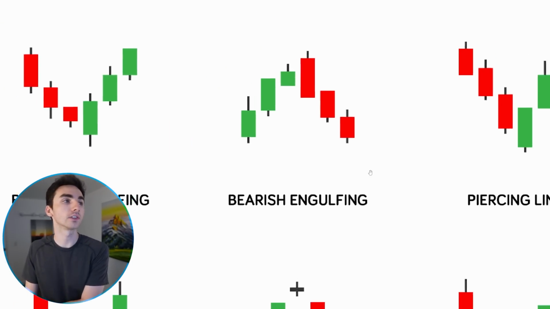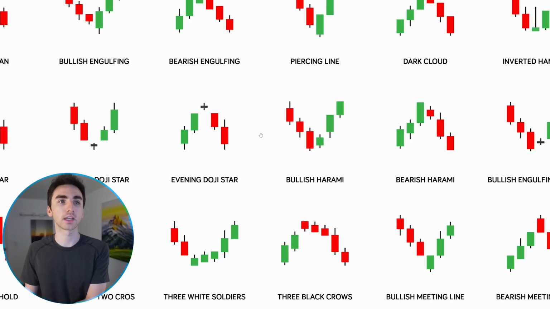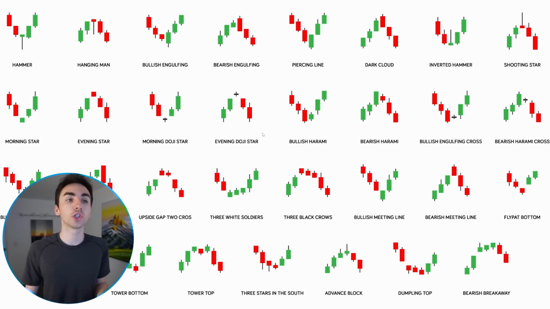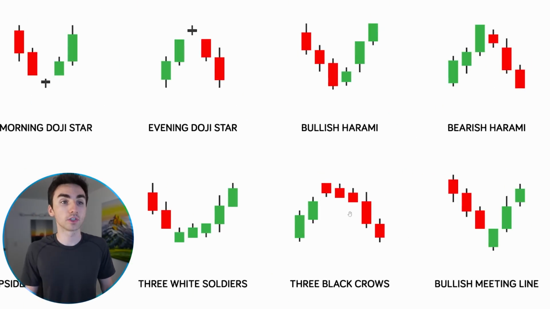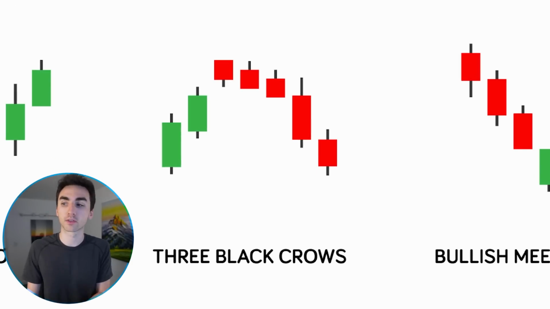And so you can apply this to all of these candlestick patterns. Pretty much all of them are showing you a loss of momentum and a switch in momentum as well. If we just look at an example of this three black crows candlestick pattern, I don't really know the names of all these, but I know how to read into the candlesticks, and that's all that matters, right? All these are showing you is big, good, bullish momentum. It kind of starts to lose